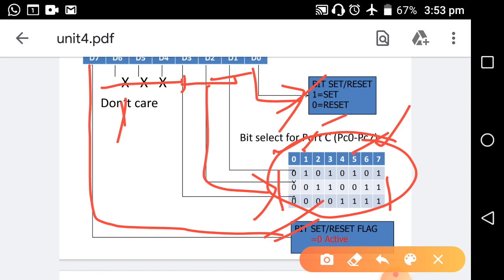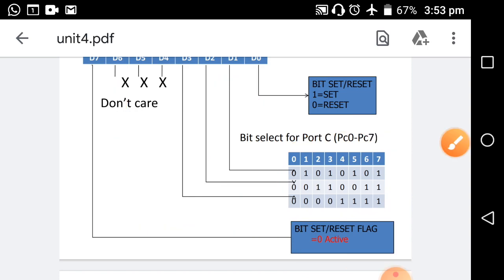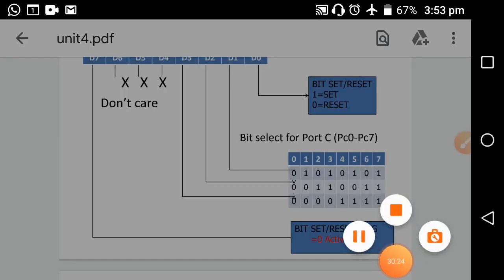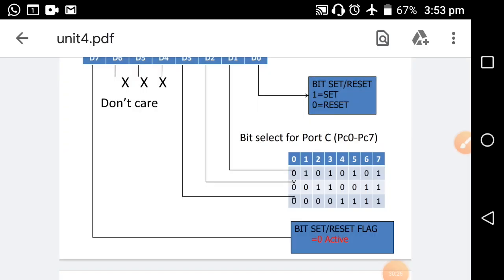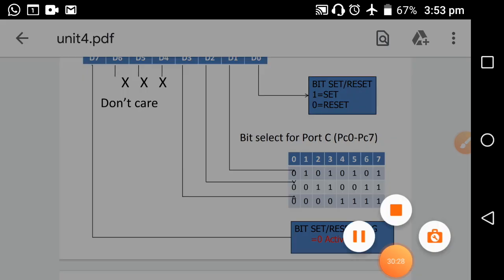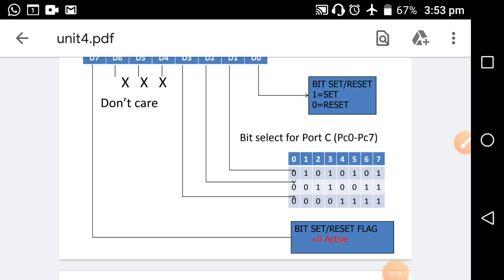So these are the two modes of the 8255, and further we will move to the IO mode of the 8255 in the next lecture. So today we have discussed some architecture, the pin diagram and some introduction to the modes of the 8255.